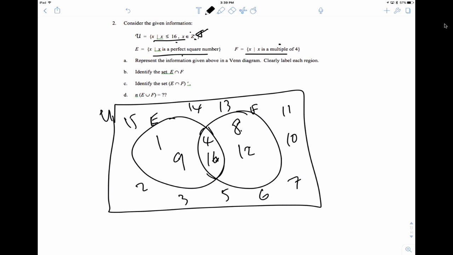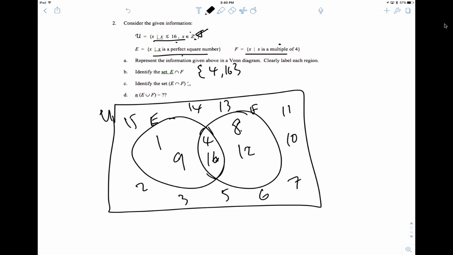Identify the set E intersection F. So the question is, how do we want to do that? Do we want to write out set notation, or do we want to shade? I'm going to do both, and I'll be clear in a quiz which of the two or both I want you to do. So first of all, identify E intersection F. There's E and F. Not that clear, but if we put it in set notation, it is the intersection, which is 4,